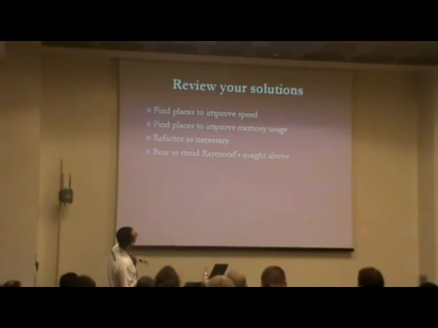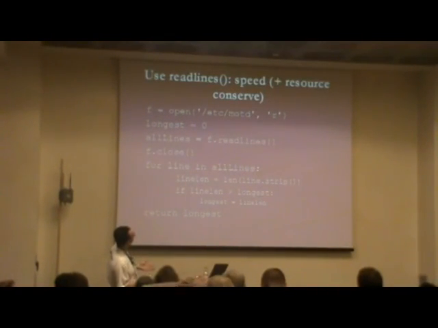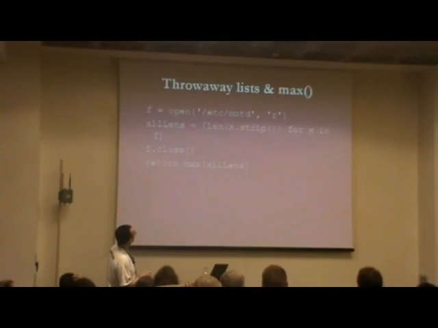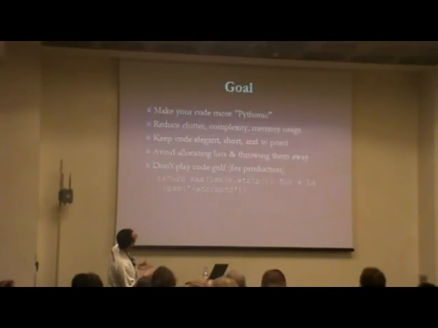All right, so review all your code, and then I have some more examples of how to optimize. I guess I talked slowly enough that I didn't have to use the slide material. But if you had code to find the longest line in a file, it takes a lot of effort, right? This is kind of complicated code. But then you can slowly refactor, and maybe I'll talk about this some other time, but you can refactor all the way down to something that's small or even smaller. And then if you're really crazy, you can write a one-line